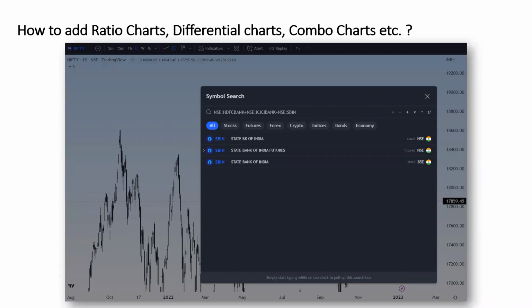For example, how do I do technical analysis on these combo charts? You click on this button, say Nifty, it'll open a search, type HDFC Bank, select, then click on the plus button, select ICICI, do a plus, select SBIN. So this kind of formula will come in.